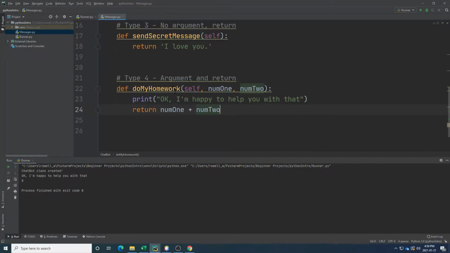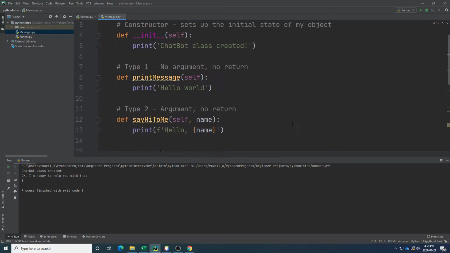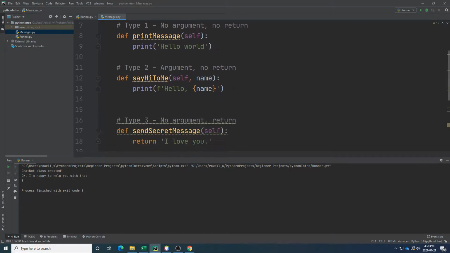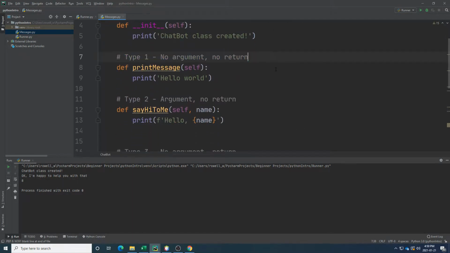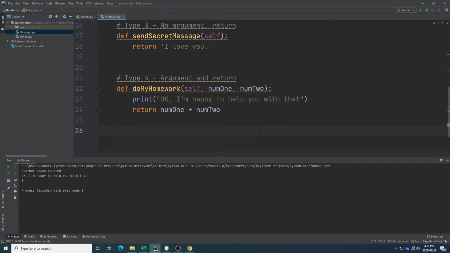Wonderful. So I have a method that is able to receive arguments. This time it received 2 arguments. You can put as many of these as you want. And then it took those arguments and returned back a result from it and reported it back to whoever called this. So methods are basically as simple as that. You have 4 different options, or 4 different forms, although technically with as many arguments as you can receive, there's an infinite number of possible ways you can structure them. And they are the behaviors, the modular behaviors that you're building in your code